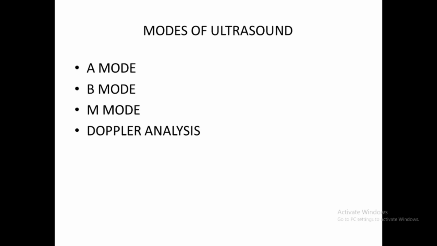If you are going to place the probe on the abdomen and view the parts over there, the penetration will be very high, but the frequency level will be low. But in this place, the penetration will be low and the frequency level will be high, because of the need to depict the image. So just keep this in mind: when there is high penetration, there will be low frequency. When there is low penetration, there will be high frequency.